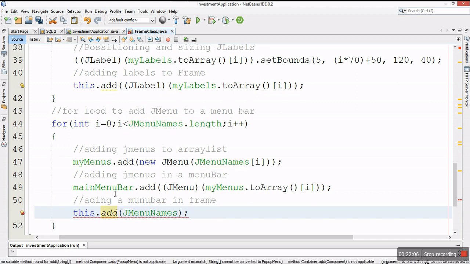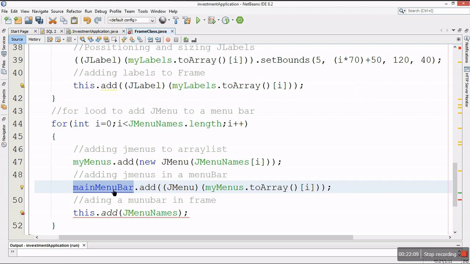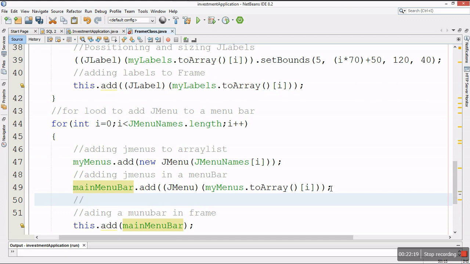Now this is just my menu bar. I want to add this menu bar to a frame. And again guys, what I want to do is set the size and the position of my menu bar. Here I want to be positioning and sizing